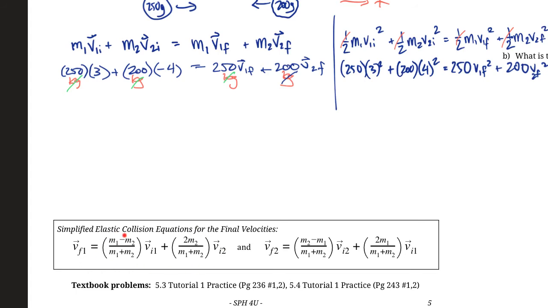be calculated with this, our final velocity of object 1, and our final velocity of object 2 can be calculated with this equation. So they're just equations that you literally just plug in the values that you know, including the initial velocities and the masses, and you can find the final velocity of object 1 and the final velocity of object 2. So the hardest part about the equation is just making sure you plug in things in the right spot, keep track, make it very clear what your M1 and M2 are, and see if you get